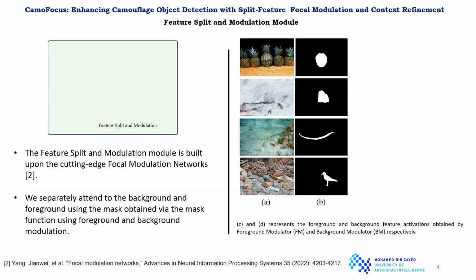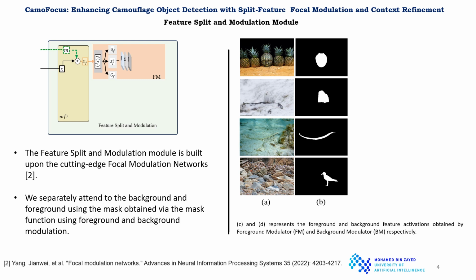Split and modulation module clearly explained. This module is based on the recently proposed focal modulation, which is considered a promising alternative to the visual attention mechanism. We use two identical blocks for foreground and background modulations. Features from the backbone and mask are interacted, thus forming projection layers. Partitioning the features into query and gating components, projecting them through a series of depth-wise convolutions organized in a block